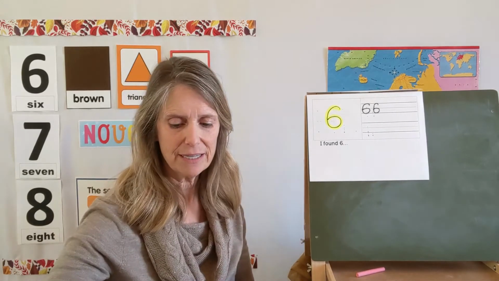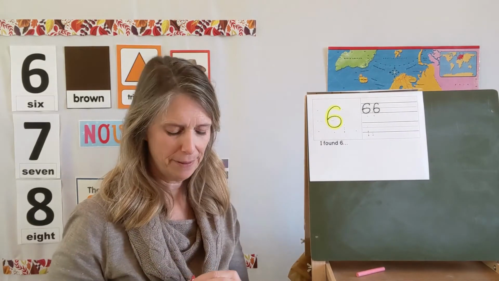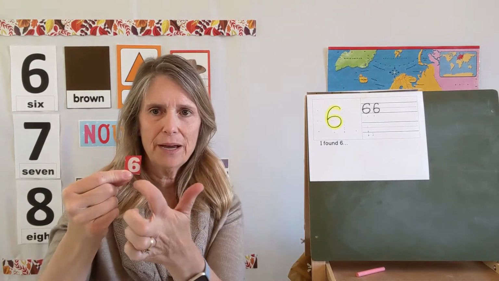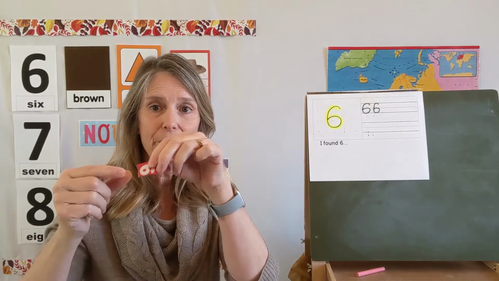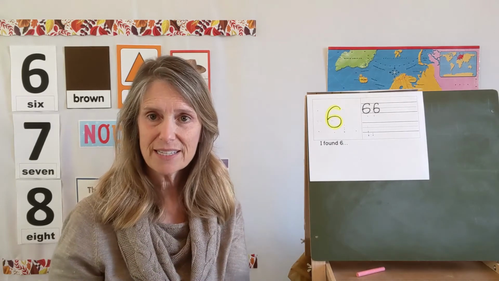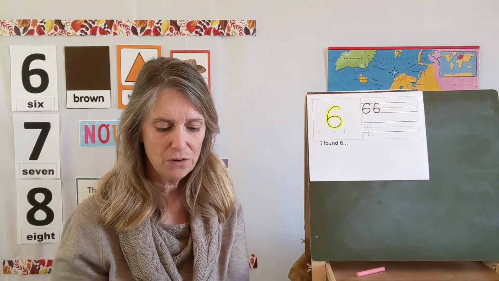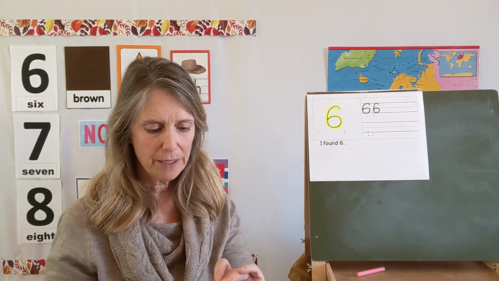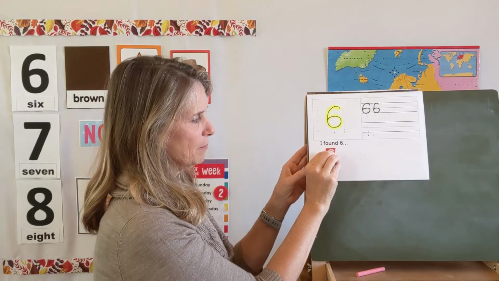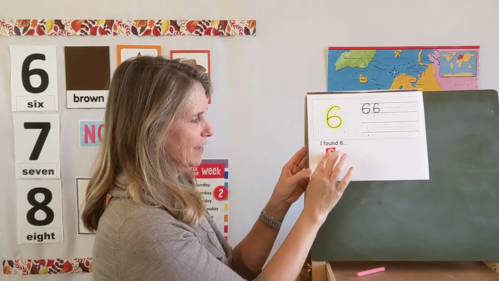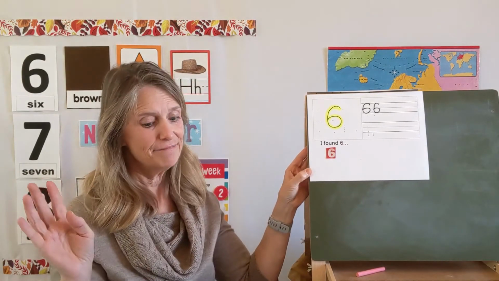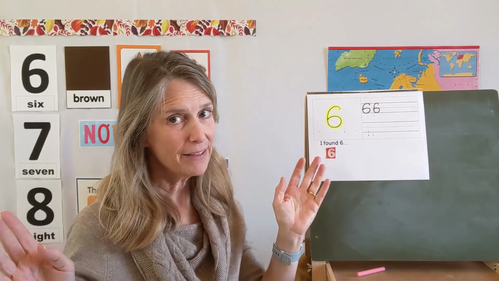Now I have a 6 here, but I want to show you something. This is a 6, right? You start at the top, you go around, bump back up. What if I go like this? Now what do I have? I have a 9. That's what makes 6 and 9 kind of cool. You can find one or the other, and it counts for both. It depends on which way you put it. There's my number 6.